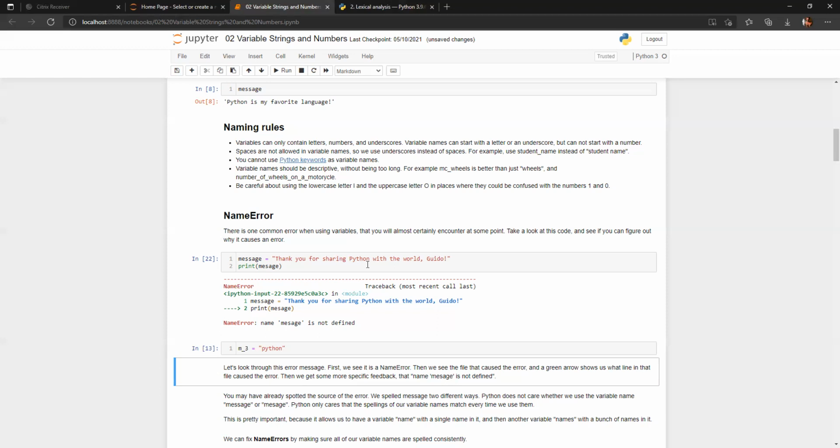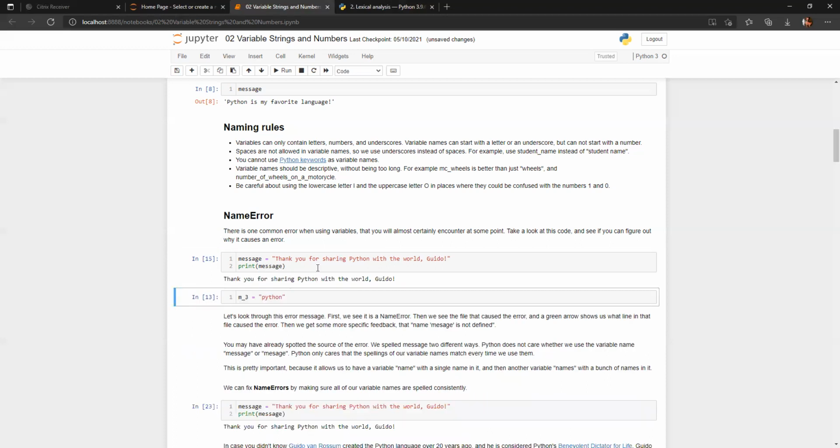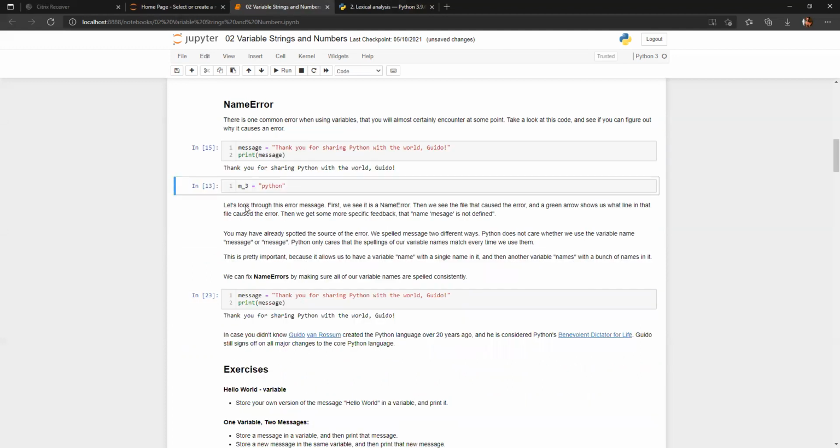You should also keep in mind the lowercase and uppercase, and how it works. Don't get confused. Most of the time people make silly mistakes: they type a variable, but when they print that variable, they make a spelling or typo mistake. As you can see here, message is being written, but here print message is given. So it will give an error because message is not defined. If I change this, now you can see the message is being printed. This is how it works. These are the different naming conventions which I see.